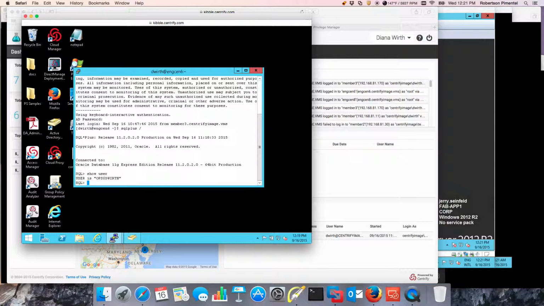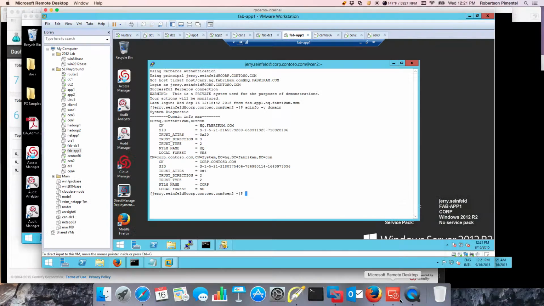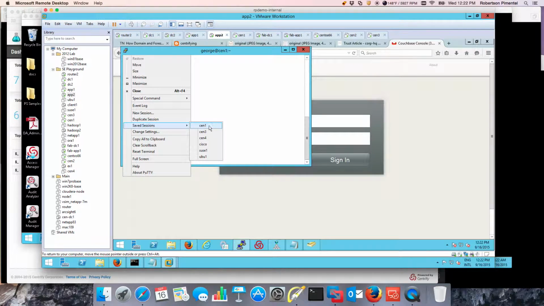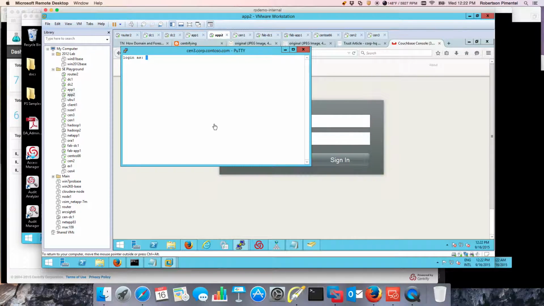The other scenario that I wanted to go through is MongoDB. I have another environment. I have a lot of environments. So the same environment that I showed you before, I have MongoDB running, and I have a user called J. Peterman. J. Peterman does have the ability to log in to MongoDB, and in this case, this is going to be a straight Kerberos integration, right? So I can log into Cent3 as J. Peterman,